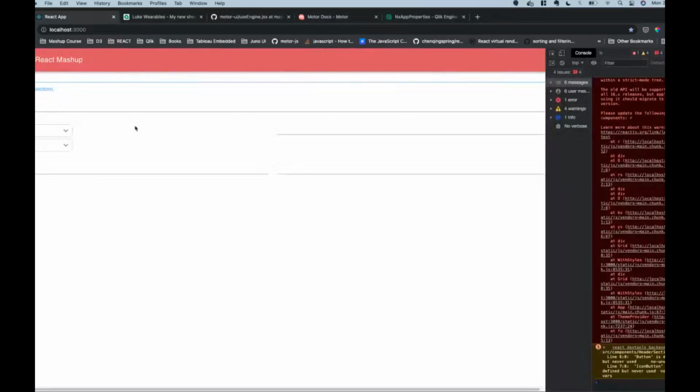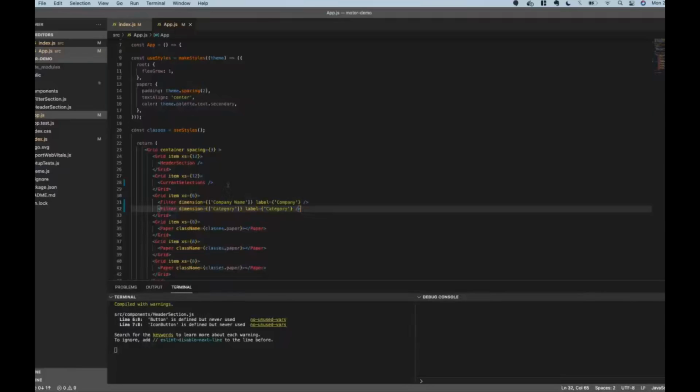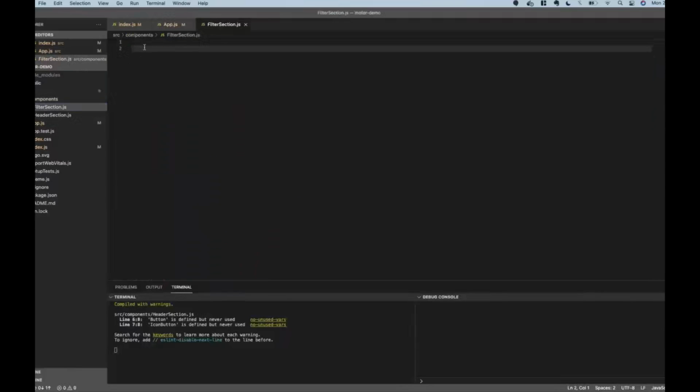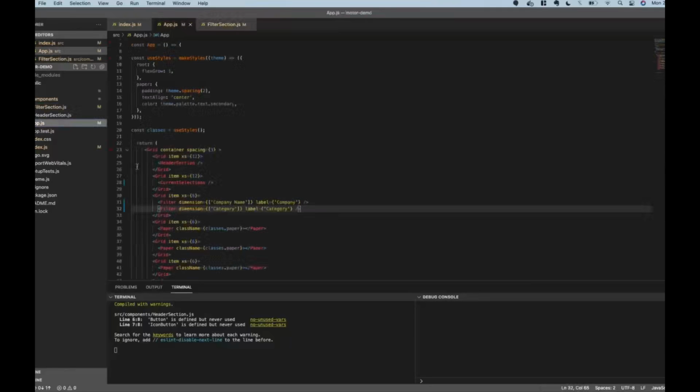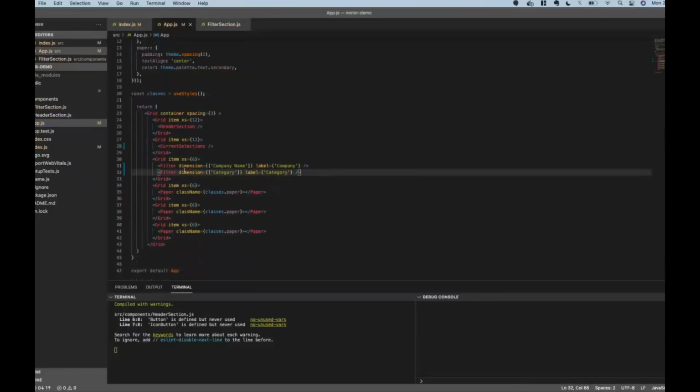With our second filter, we can also move this into a new section if we want. Actually, I won't do this. I think that's enough for demonstration purposes. We could wrap this in another component, but don't feel the need to do that. But there we go. There's our filters,